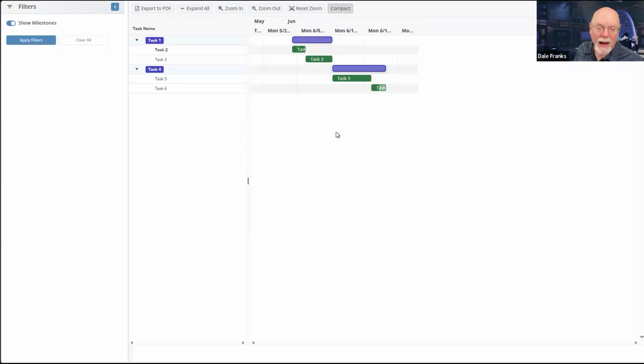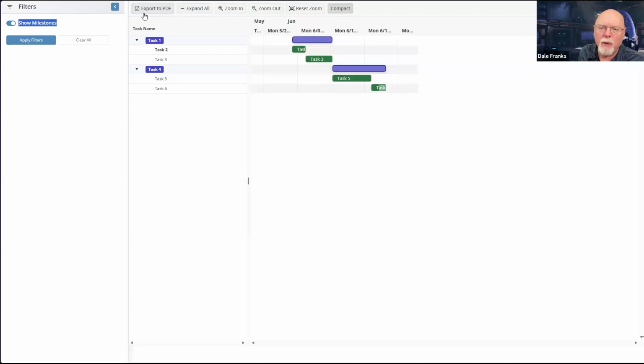Milestones show up as diamonds on the Gantt chart, and milestones, like I said, take place at a specific point in time, like manager approval. It was done on this date. I have a specific point in time that the milestone occurred. I don't have any milestones, so doing show milestones doesn't do anything. Presumably, we're going to be adding some more filters here to enable you to filter what you see in the Gantt chart. A lot of improvements on the top.